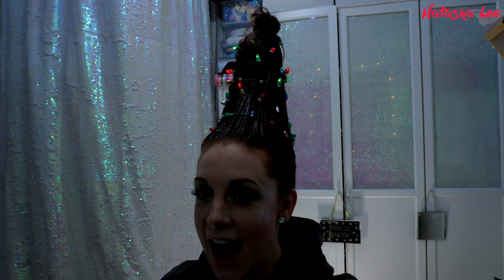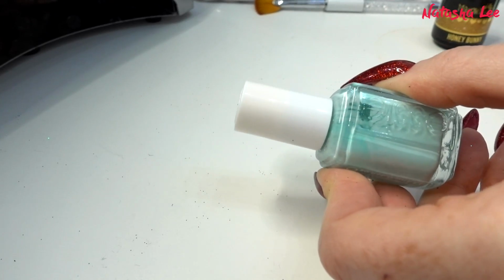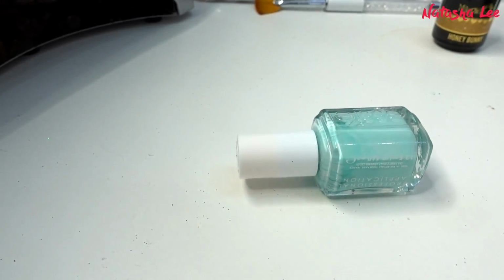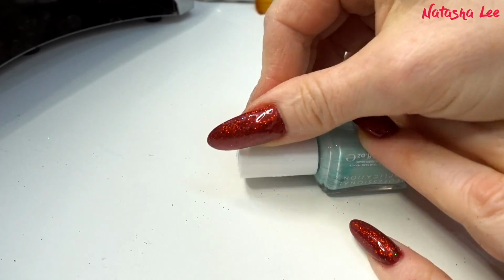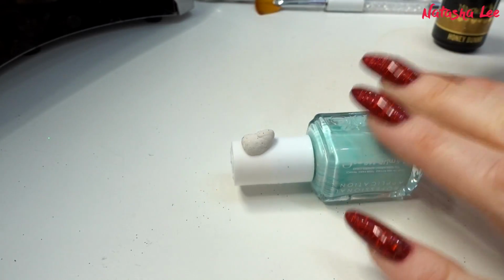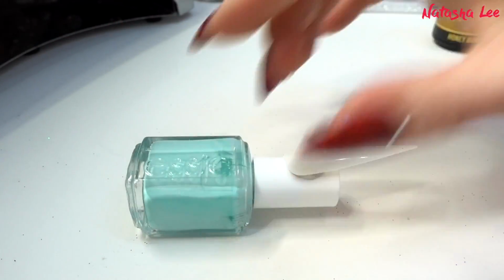I'm really liking this. Let me just show you, I just went to wash my hands and it looks so good. So first I'm going to get a nail polish bottle and I'm going to get a little blob of white tack. Stick that on. And then I'm getting some stiletto tips, just full nail covers. And it's a good way, if you don't have a stand, that you can just,